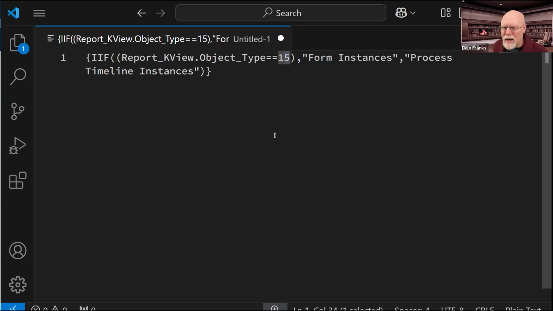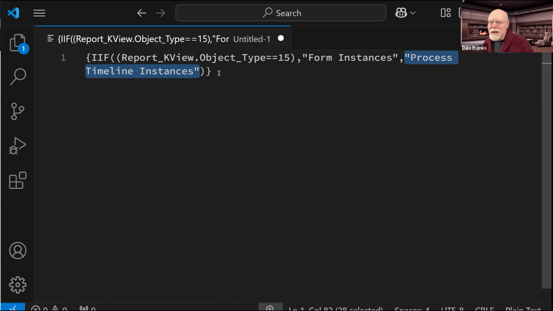So I can run a single if statement to look to see whether my report kview.object type, so this is the actual field, the object type field from the knowledge view, does it say 15? If it says 15, then I'm going to return form instances. Otherwise, I'm going to return process timeline instances.